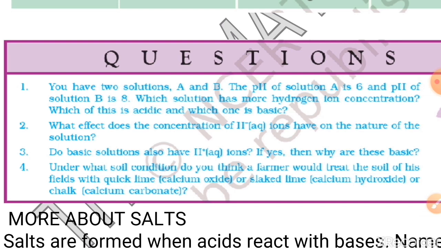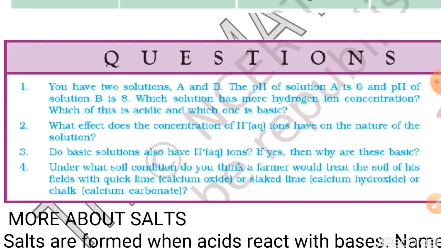As you know, the pH value varies from 0 to 14, and if you have a pH value less than 7, then that thing will be acidic in nature. If the pH value is higher than 7, in between 7 and 14, then the substance is going to be basic. So keeping this in mind, solution A having pH 6 is an acid. Solution B, which has pH 8, is a base.